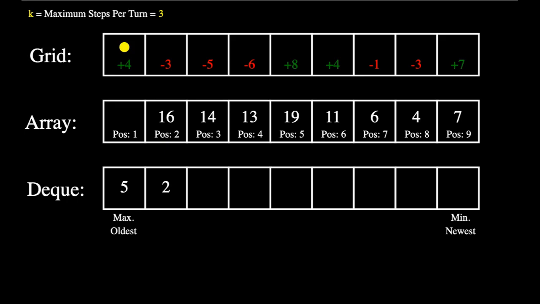Okay, pause. We notice here that we are at position 1, but now position 5 is out of reach, so we simply just remove it from the deque. Now we can use position 2 to find the optimal score we can obtain from position 1, and that is 20. And that's it, 20 is our solution. If you want, you can pause the video to confirm this. Keep in mind that k increased from 2 to 3.